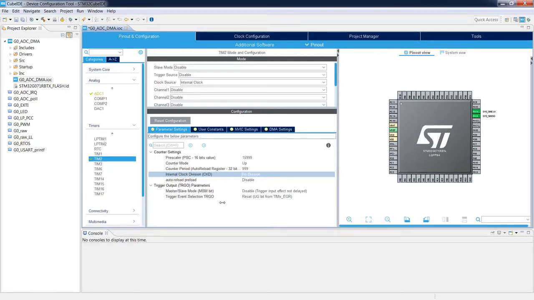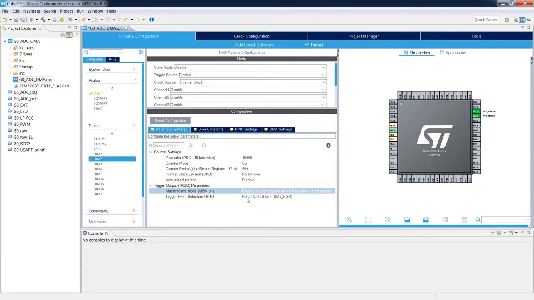Second step is to configure the trigger output, TRGO, parameters. So the next point is to select properly the trigger output parameters. First we need to enable this master-slave mode to enable triggering other peripherals like ADC by this timer, and then select the source of this trigger output signal.